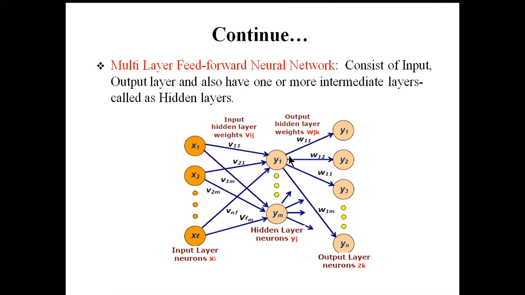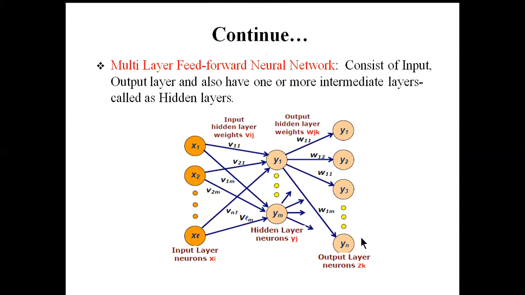Okay, and obviously suppose m hidden neurons are present here. So the output of the mth hidden neuron will also go to all the output nodes, like this will go to this one, this will go to the second, this one goes to this and this. Okay, so